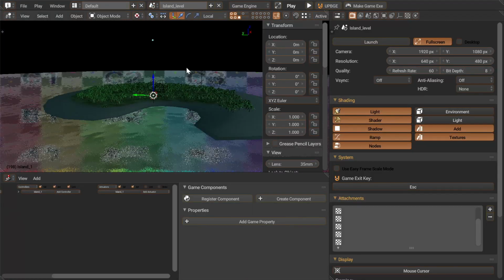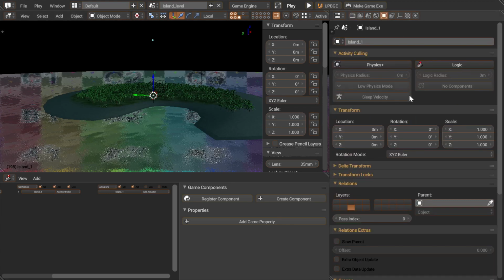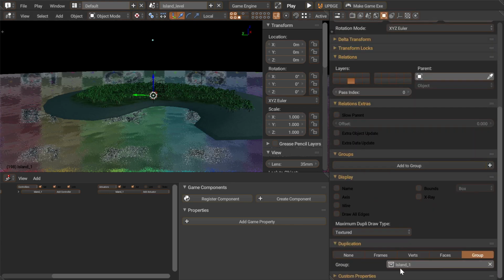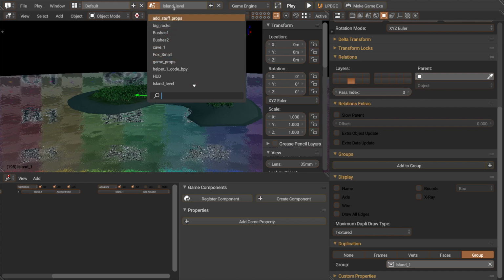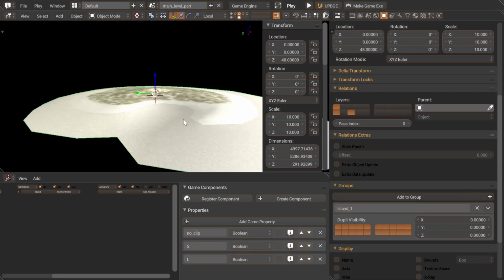Okay, so I've got my level and I've got my object. Now, the object, which is the level here, which is the sand he was running on, it is a group object. Now, the reason I have it as a group object is because this trick doesn't work otherwise, because I have it in another scene. And the trick is, if you have the object in another scene, here it is, and there's the group,